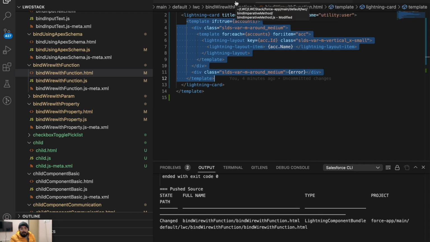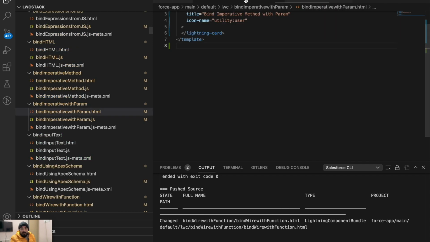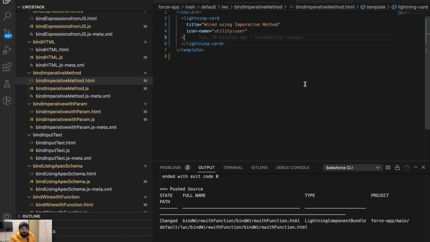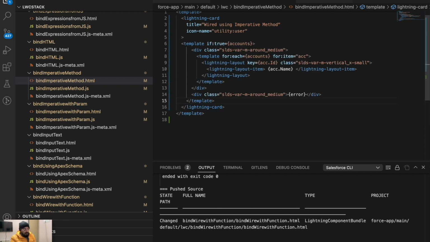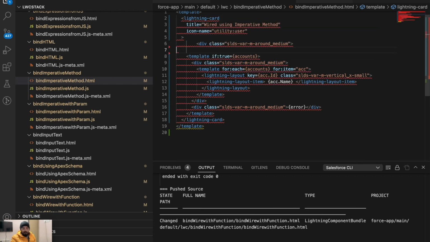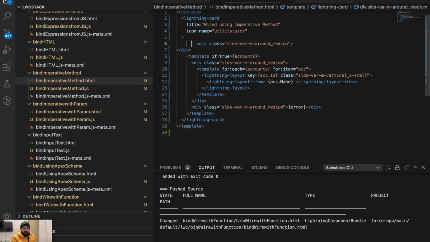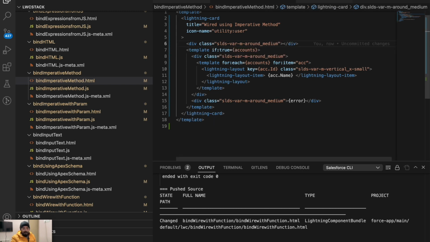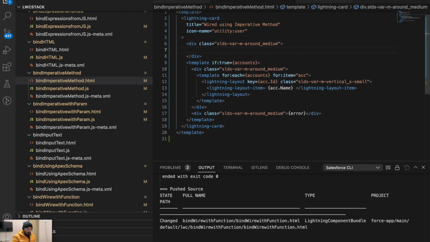Okay. So bind imperative with parameter. Where's the bind imperative method? Here it is. Okay. So here I have added that same UI. But here we will also add a button which will be calling this imperative method. So for that I will be using lightning button. Okay, let me add a container before that. So I will be having this div with some small padding. Okay, now here I will add